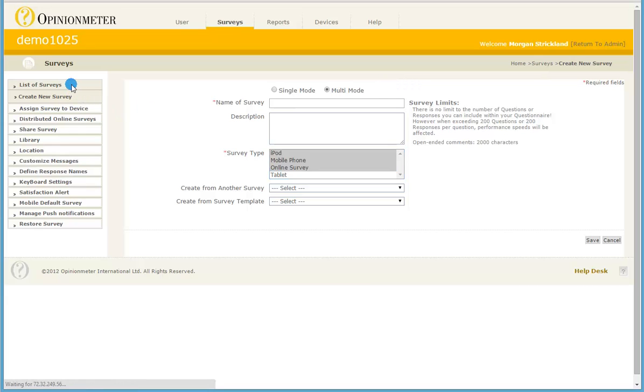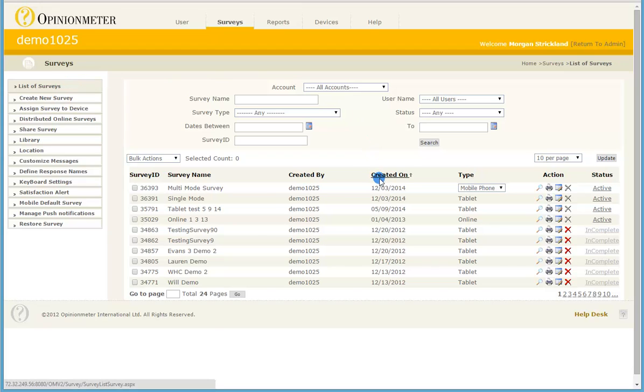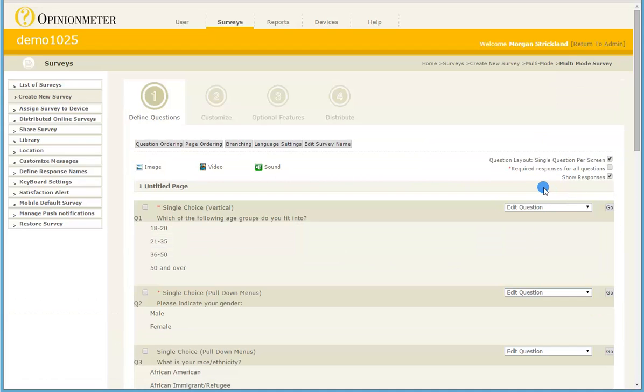So I'm going to jump in here to list of surveys. I've already created a multi-mode survey, and you'll see here under the type column now we have a drop down, and this indicates how many modalities this particular survey was authored for, and here we see 3. And I can go ahead and edit this survey and show you some of the new user interface features we've